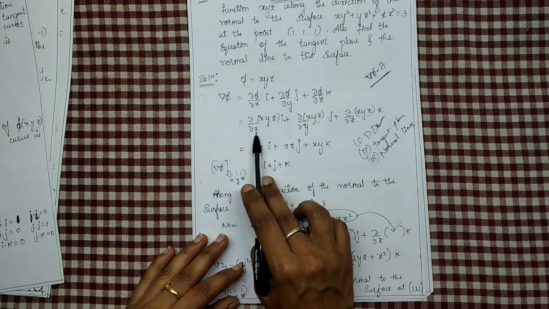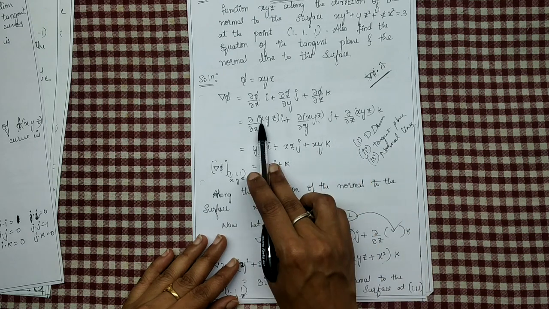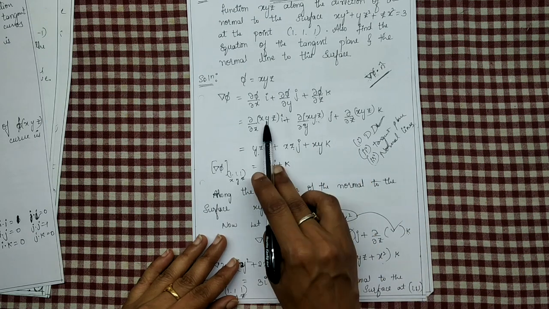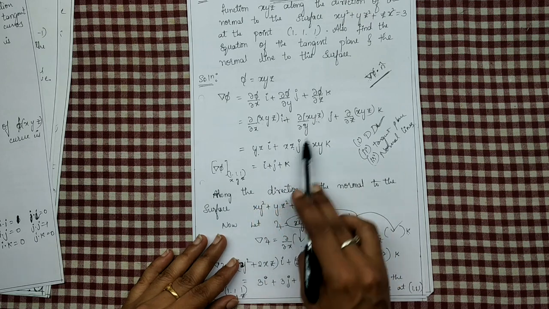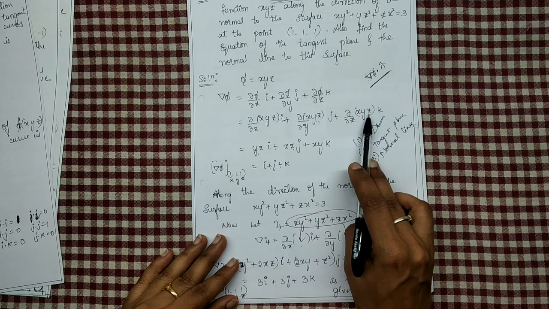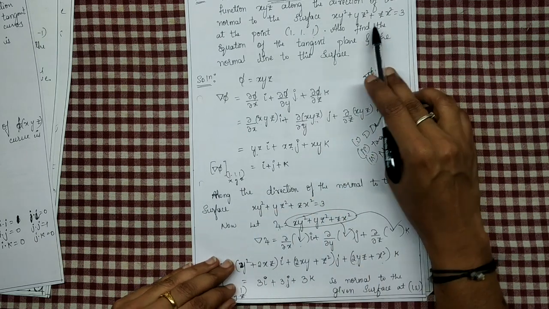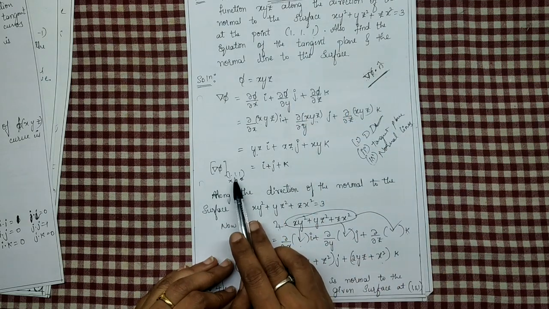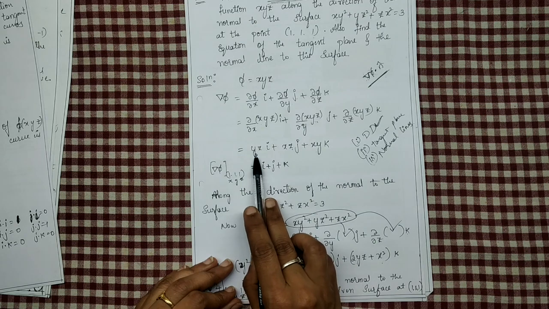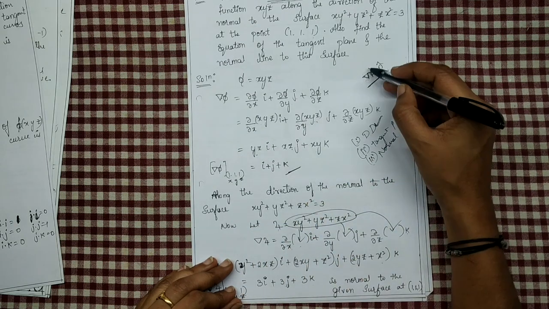Now, partially differentiate this with respect to x, this with respect to y and this with respect to z. If I differentiate this with respect to x, differentiation is 1, so it is yz into i as it is, plus with respect to y differentiation 1, xz as it is into j, plus with respect to z differentiation 1, xy as it is into k. Now, at the given point, (1, 1, 1) is the given point. Del phi at (1, 1, 1), x is equal to 1, y is equal to 1, z is equal to 1. When you put x equal to 1, y equal to 1, z equal to 1, you will get i plus j plus k. Now this we found.